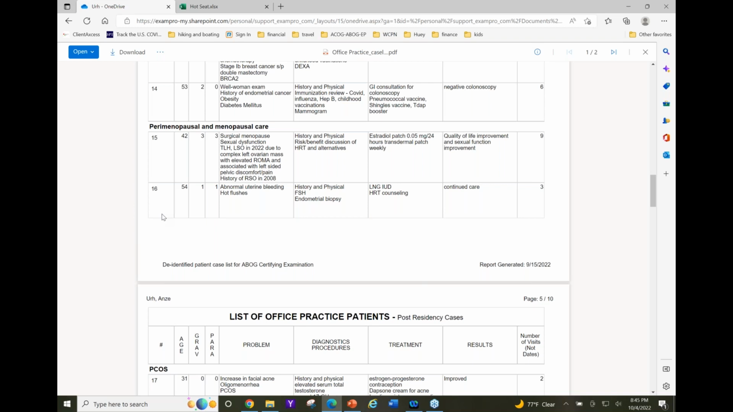Okay, you did an endometrial biopsy, and I think that is reasonable given that she's got abnormal uterine bleeding and she's of the age that she is. What were the results of the endometrial biopsy? It showed benign endometrium. Okay,